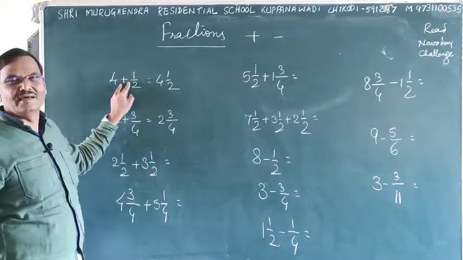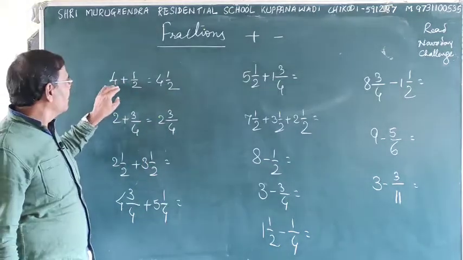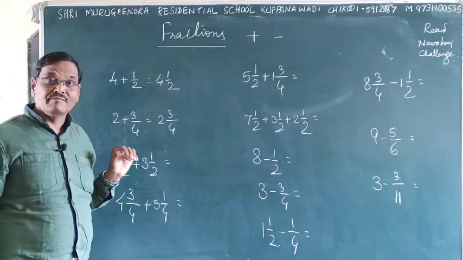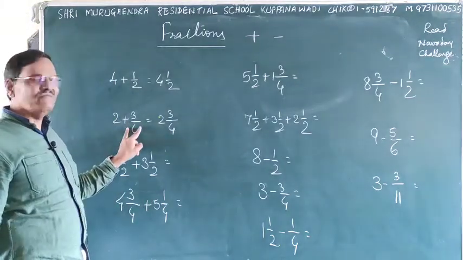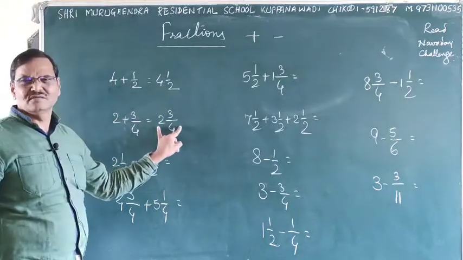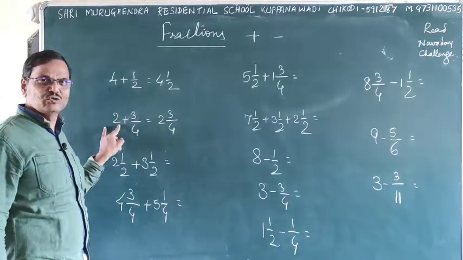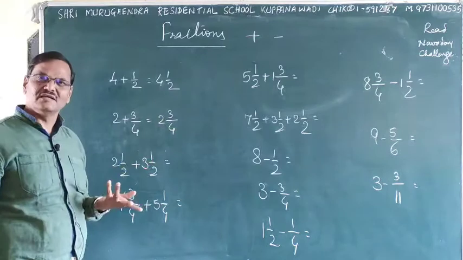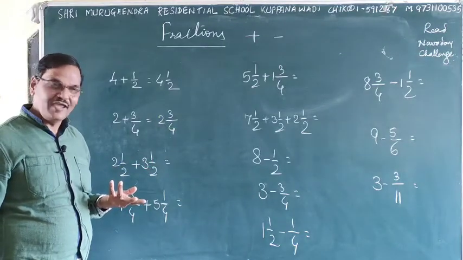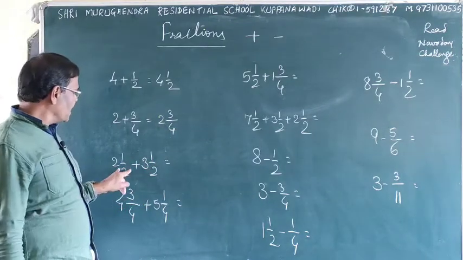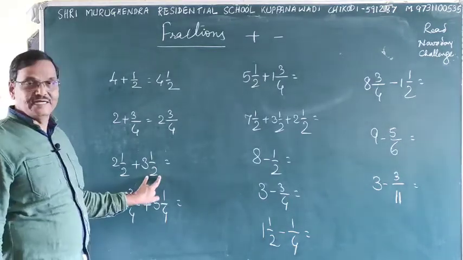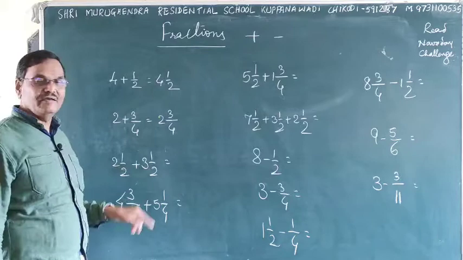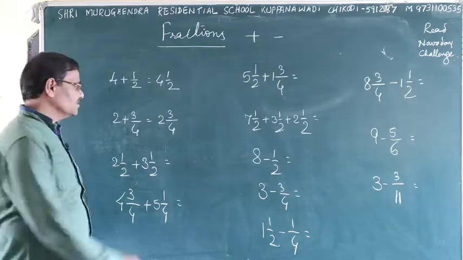Here, special addition, finding LCM is not required. Here it is 2 plus 3 by 4, likewise only. This is 75 paisa, this is 2 rupees 75 paisa it is. Okay. Here, see how we have to do. Half of 1 it is. Then 2 plus 3, 5. 5 plus 1, 6 it is.